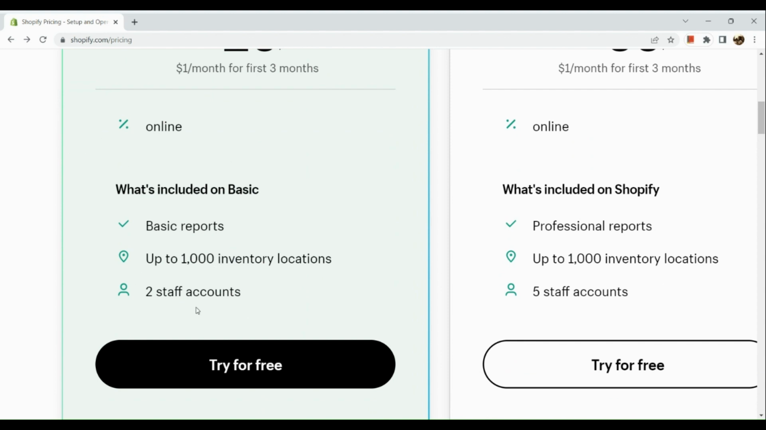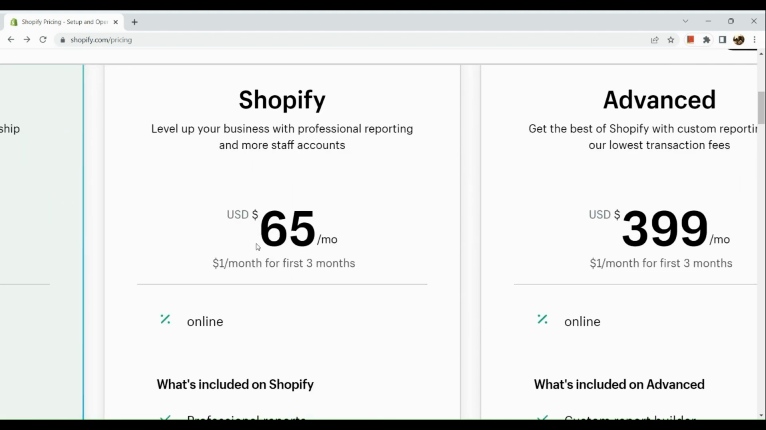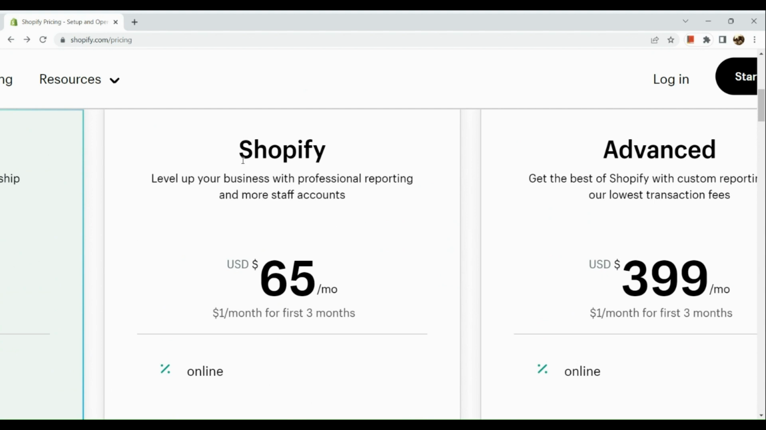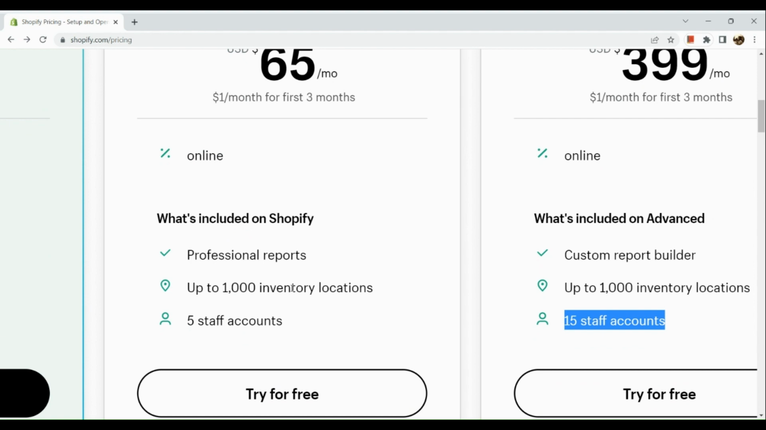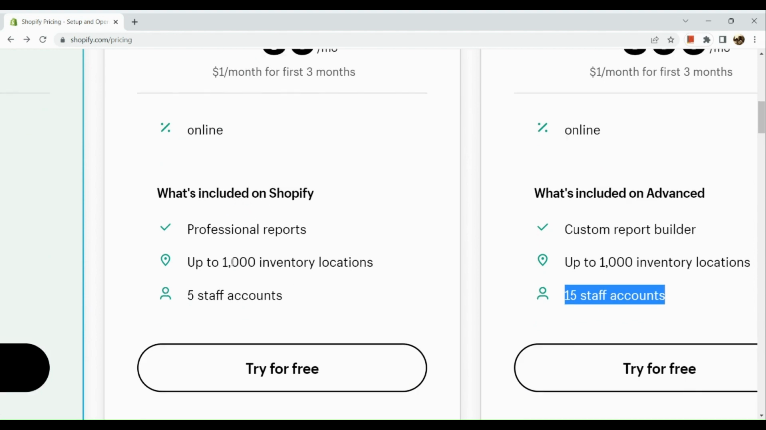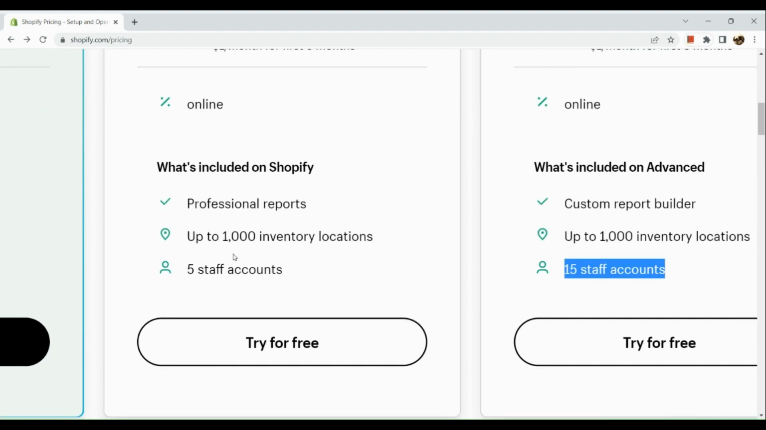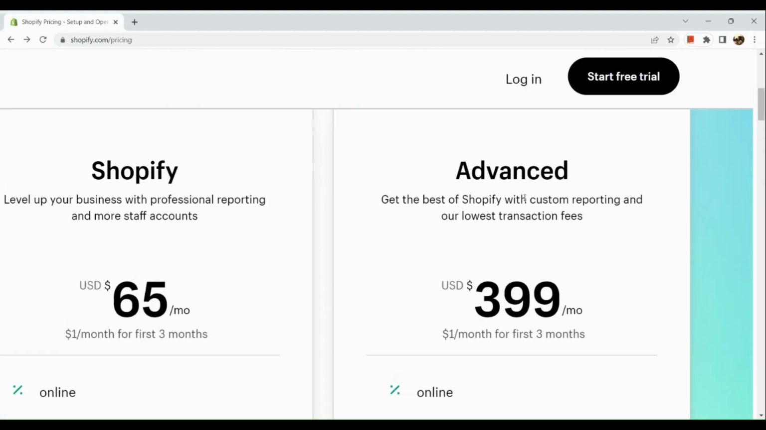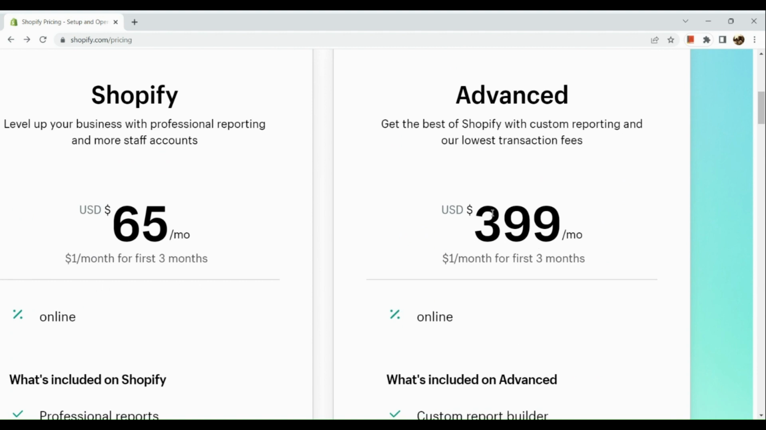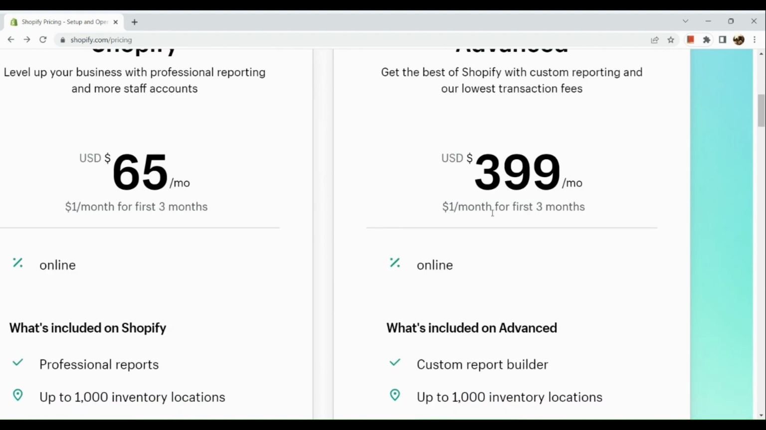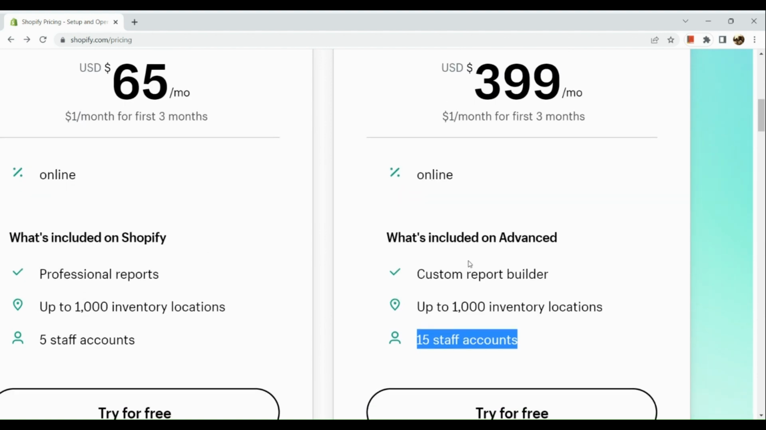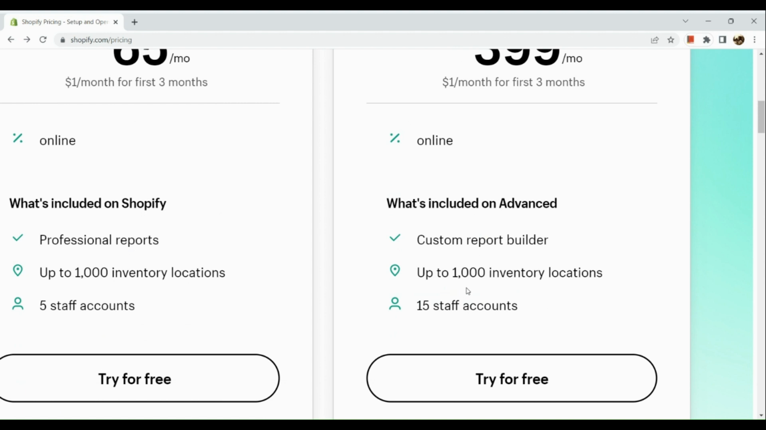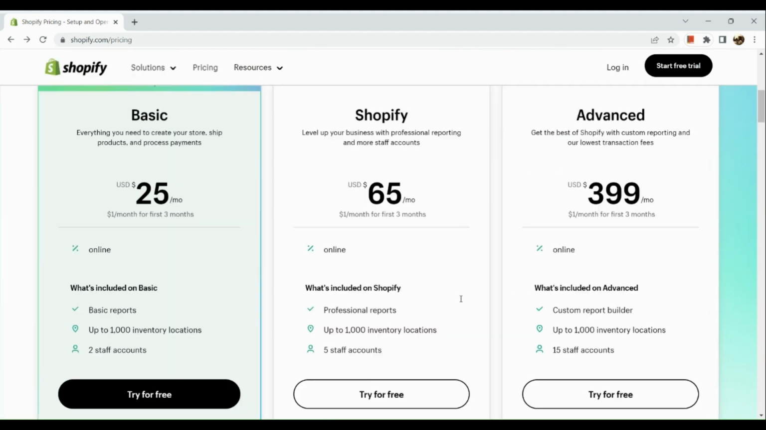It's inclusive of basic reports, up to 1,000 inventory locations, and 2 staff accounts. The next plan that we have is our Shopify plan. So for the Shopify plan, it costs $65 a month, and its inclusions are professional reports, up to 1,000 inventory locations, and 5 staff accounts. Lastly, here we have our advanced plan. So it costs $399 a month, and its inclusions are custom report builder, up to 1,000 inventory locations, and 15